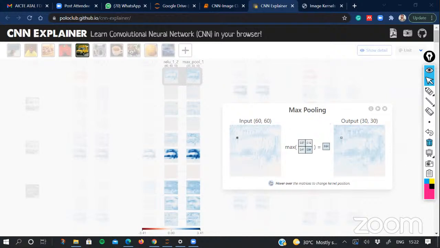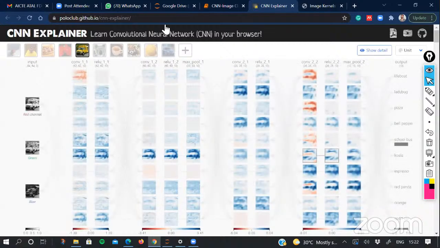Now, what is the benefit of having this? When you reduce the size, you have the liberty to increase the number of channels. In this particular simulation, you see that we are using a constant feature map, 10, 10, something like that, throughout the convolution layer. But now if you have reduced the size to 30 cross 30, you have the flexibility to increase these filters from 10 to 20 or 32 or something, because you can have the same number of computations with respect to the reduced size if you increase the number of filters.